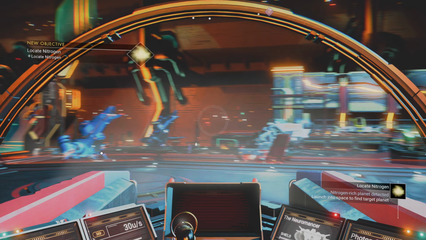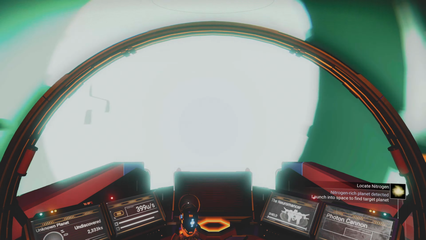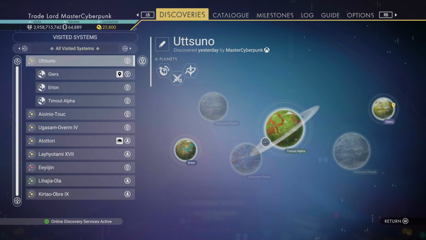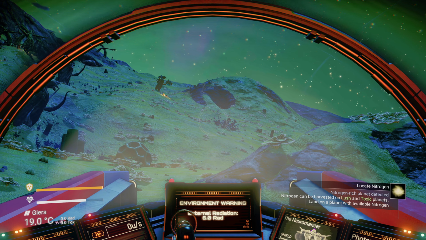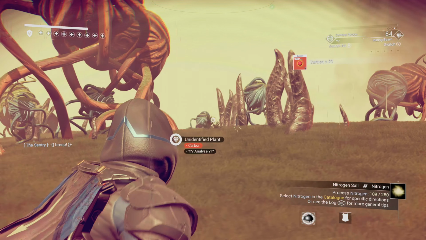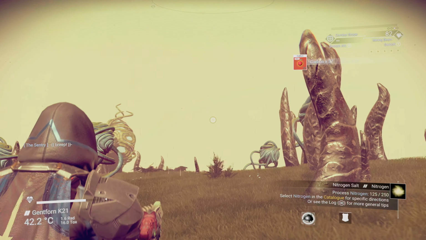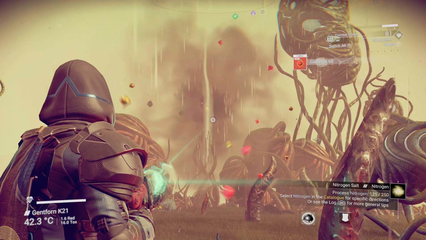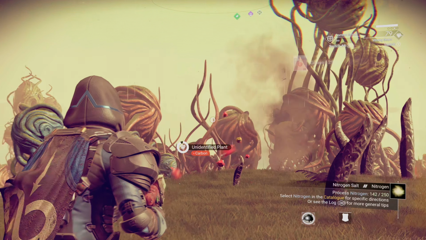Jump in our ship and we'll head out and we'll see if we can locate nitrogen on one of the planets in this system, because it's not told us to use a galaxy map. So I've had to jump galaxies to find a lush planet, and I'm just having a wee look through here, and I landed on this one. So I found some flora which has a secondary element of nitrogen, and basically I'm just harvesting the nitrogen from these plants. So we just need 250, so we'll go through and get 250,